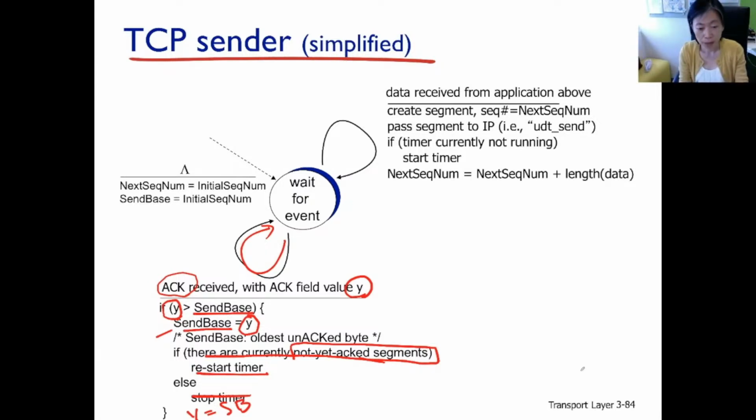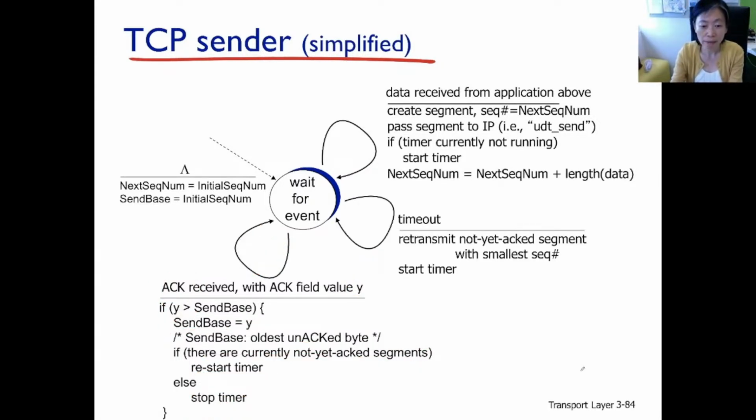Okay. And the third transition, again very typical, is the timeout transition. So when the timer times out, retransmit the entire flight of packets from the send base, and then start the timer. This is actually identical to Go-Back-N. In the Go-Back-N sender, there's actually one more transition, which is doing what? Checking whether the ACK is corrupted or whether the ACK is a NACK.